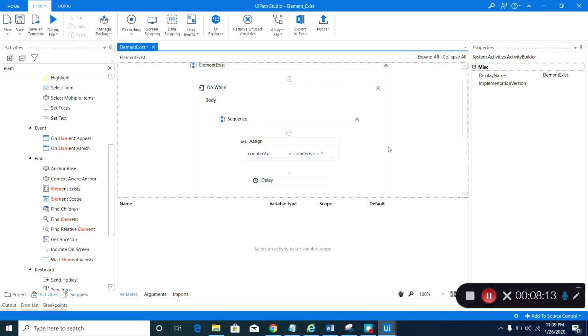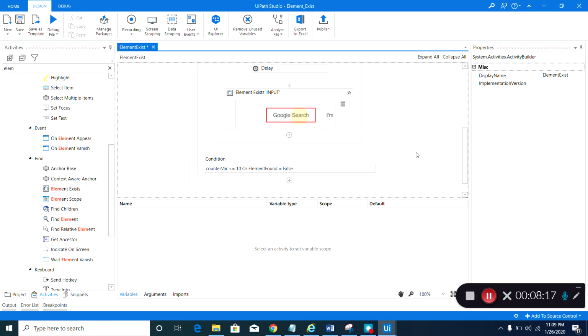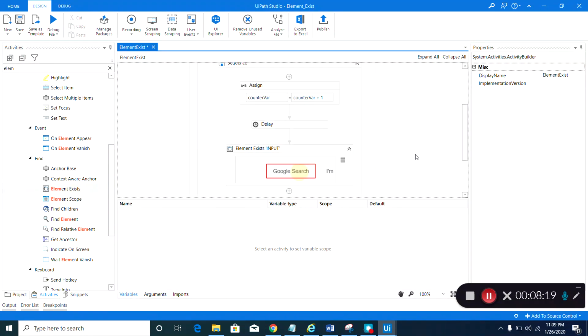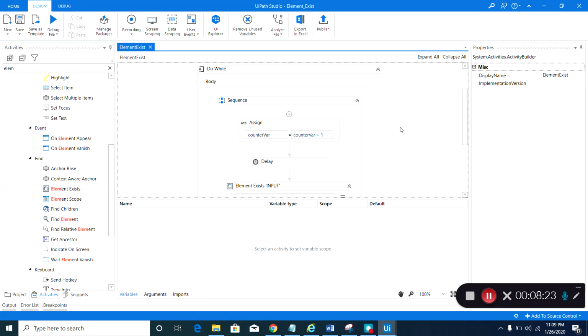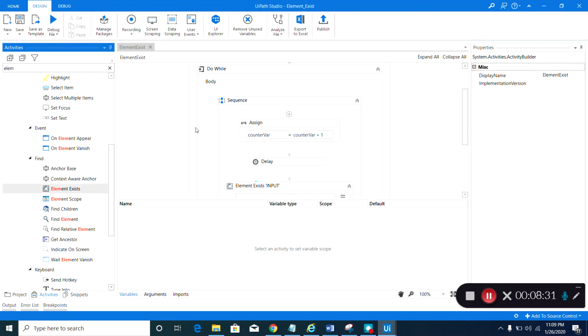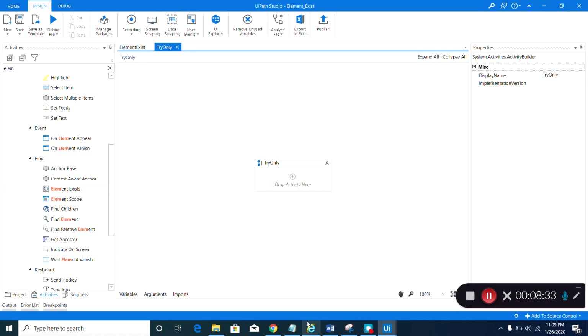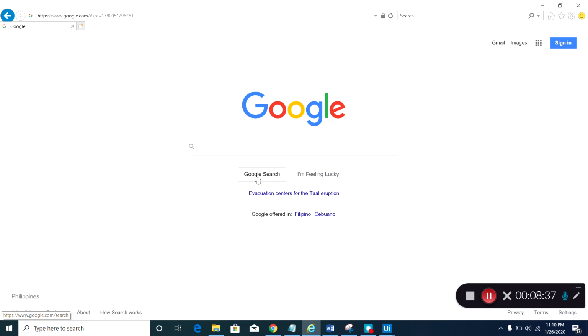So, right. I'm not sure if I missed anything, but I think we can try it. So go ahead and click the save button. And wait, let me create a new sequence. Let's say try only. So in this example, I want to check if this Google search button exists before I